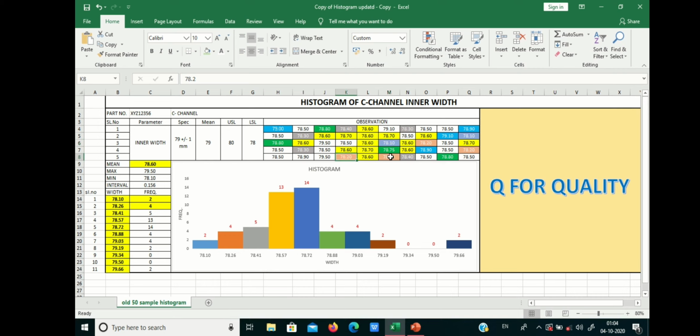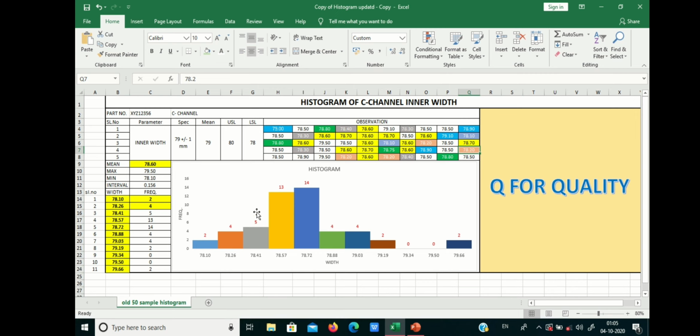78.201, 78.202, 78.203, 78.204. There are 4 numbers in between 78.10 to 78.26. Let us calculate another one. 78.26 to 78.41.